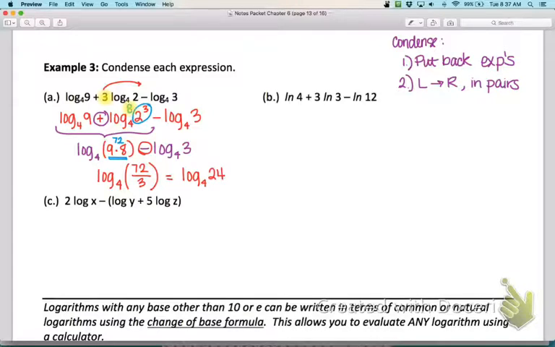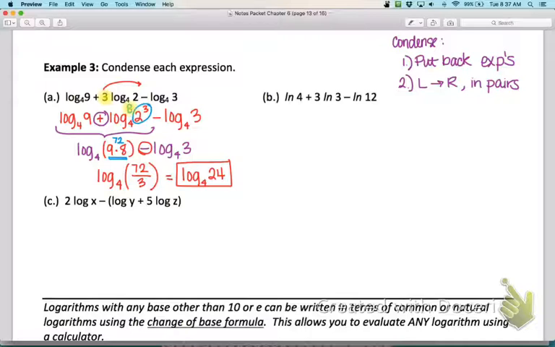And then we want to check, is there an exponent so that 4 to some power equals 24? And there's not. So that's where we're going to stop. So once again, our first step was to put all the exponents back. You're looking for coefficients like that 3 there to move those up. And then you're going to work left to right in pairs unless there's parentheses or something that's going to tell you not to go